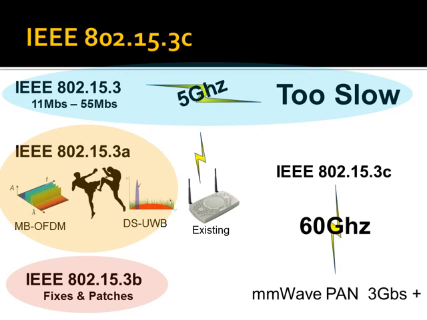By going that high, I can use lots of bandwidth because there's nothing else around up there. There are some radar systems, admittedly, and this is actually in a little slice in between some. But there's really nothing else around, so I don't have to worry about existing systems or anything like that. The result out of this generically is called millimeter wave personal area network, and it can operate at better than 3 gigabits. That's the standard out of 3C.